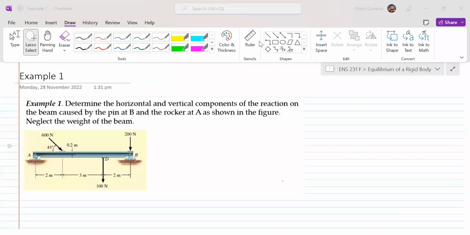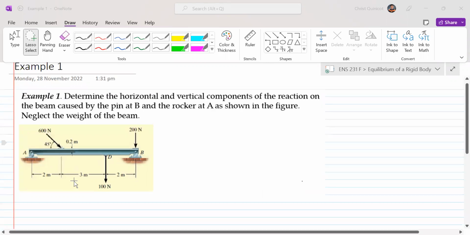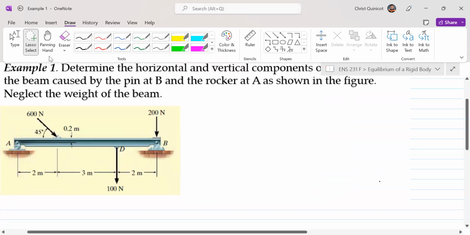Example 1. Determine the horizontal and vertical components of the reaction on the beam caused by the pin at B and the rocker at A as shown in the figure. One of the assumptions would be to neglect the weight of the beam. So the first thing that we are going to do is